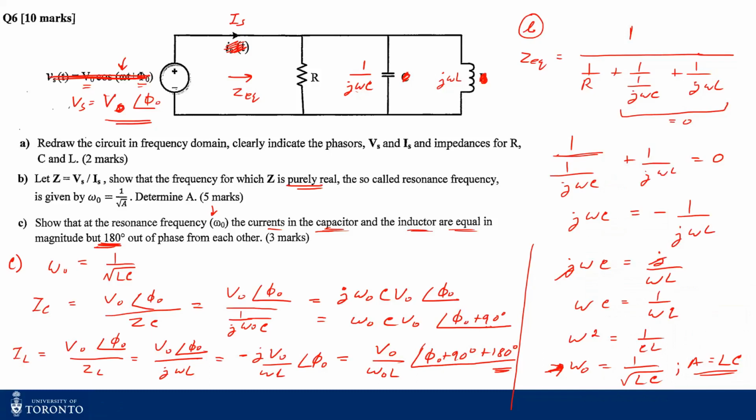Now that we have shown that IC and IL are 180 degrees phase shifted apart, we also have to show that they are equal, right? Because you have to show that they are also equal. Remember, two conditions: equal and 180-degree phase shift. So we have shown the 180-degree phase shift. Now we have to show that they are equal at resonance. So now let's write IC again, which is just omega naught C V naught with an angle of phi naught